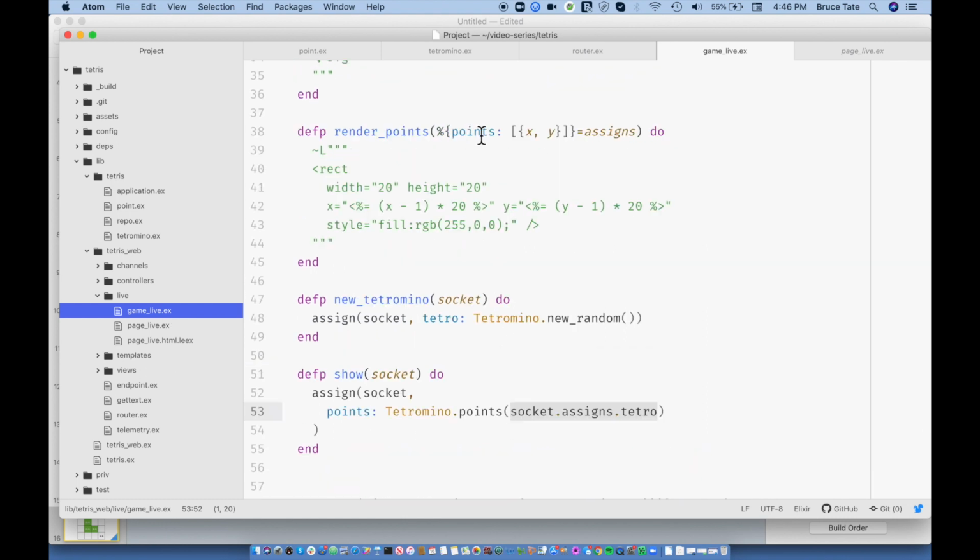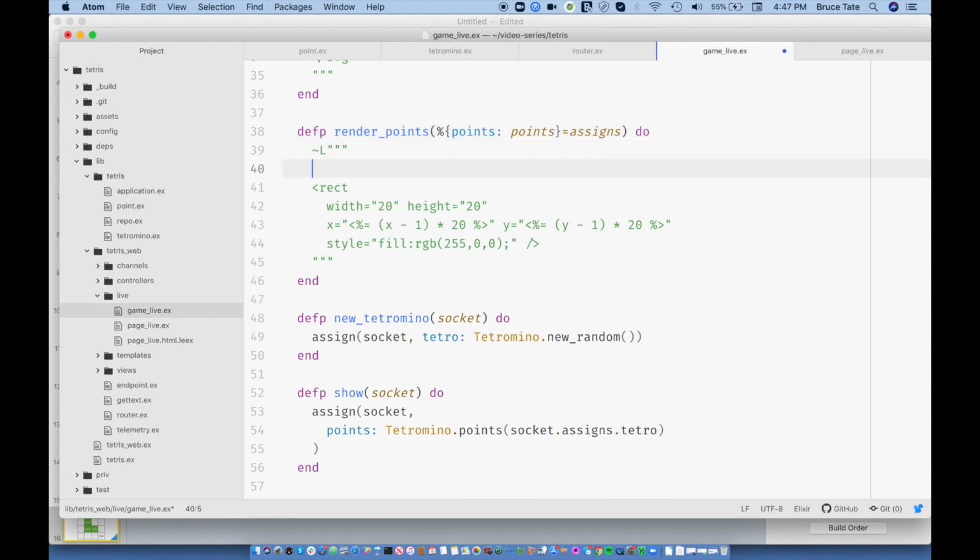This is the individual piece, the function responsible for rendering the points. And right now we're grabbing the points out of the assigns like this. Let's grab the points in a more generic way and see if we can come up with a better way to do this. So I'm going to set up a for loop. This is called a for comprehension, and we're going to say point is taken from,